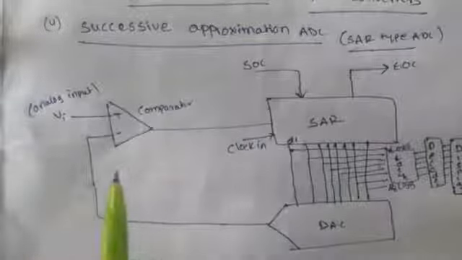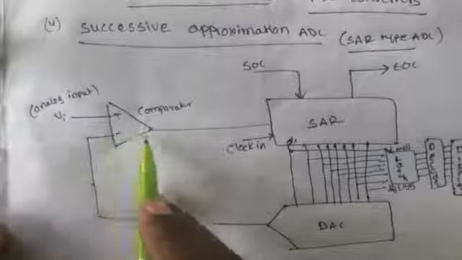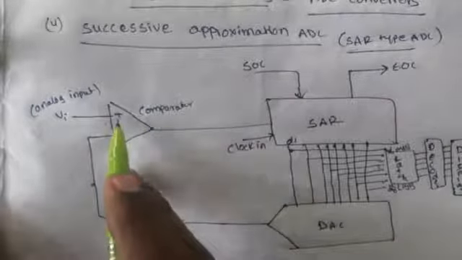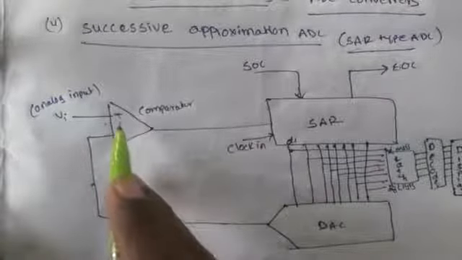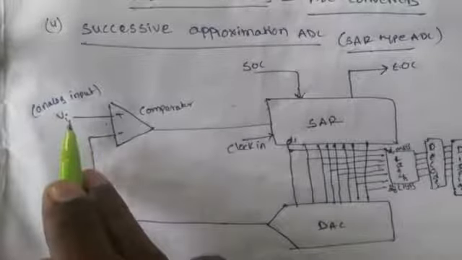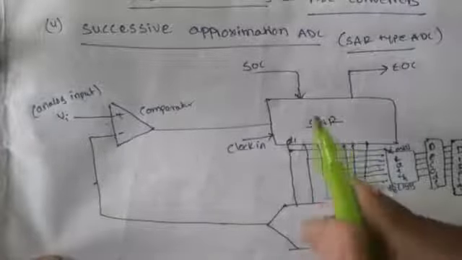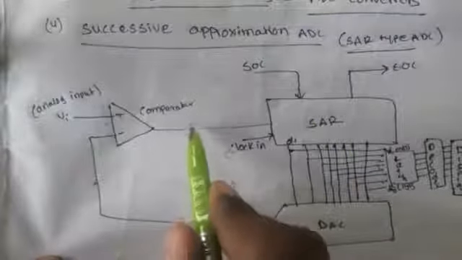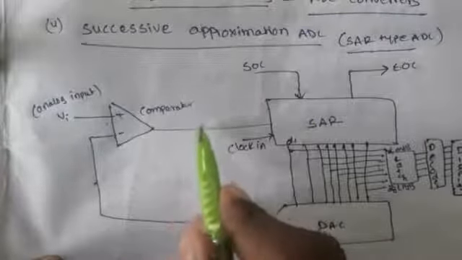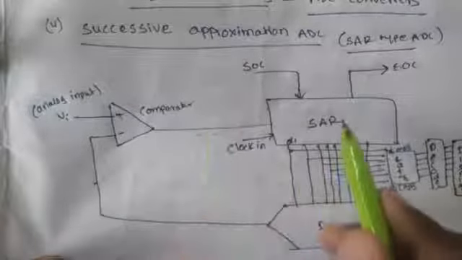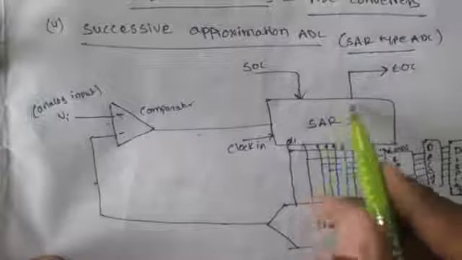So like the previous case, we will consider one comparator circuit. The comparator has inverting and non-inverting inputs. For the non-inverting input we will apply the analog input voltage. The inverting input will be connected to the D to A converter. Here, after this there is no need for an extra AND gate as well as a binary counter. That all will go to the SAR type register.